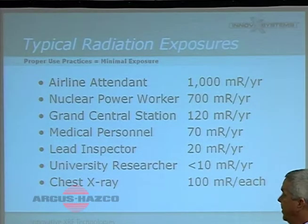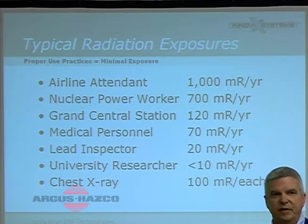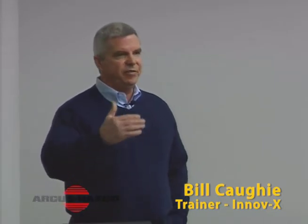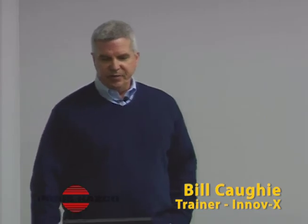So these are typical radiation exposures in a year's time in these different occupations. And now we're not talking rems anymore, we're talking millirems of typical exposure, okay? So that's why I said those numbers of 5 and 50 rems, that's way higher. They're much more than you